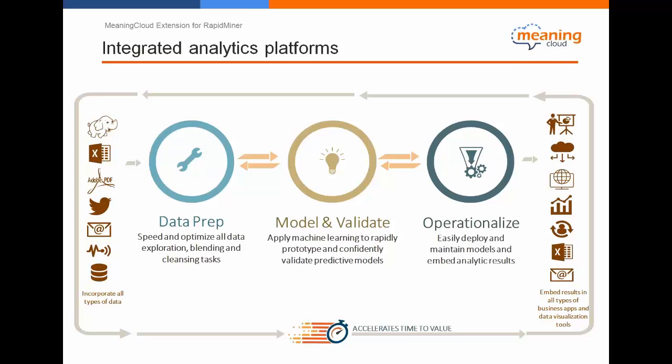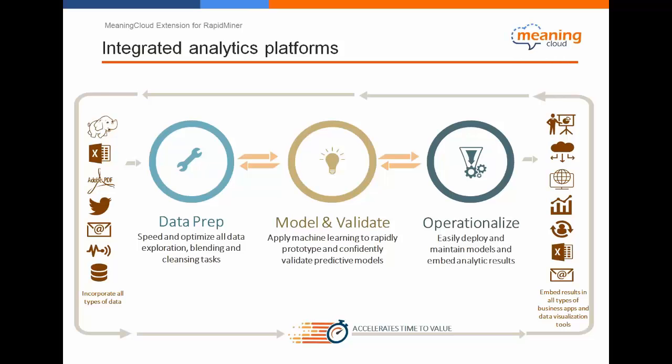The application areas of these platforms are very different. I guess you're aware of many of them, like, for example, segmenting our marketing or customer base, or, for example, optimizing processes or predicting behaviors or outcomes of different situations or recommending products, etc. So there's a huge variety of scenarios where you can apply these kind of models.